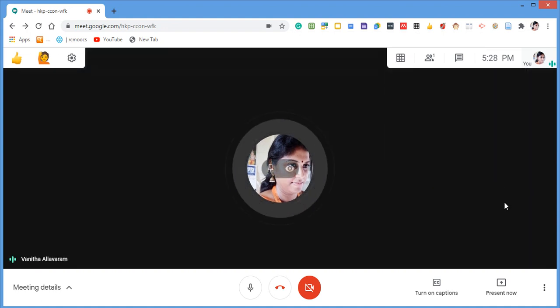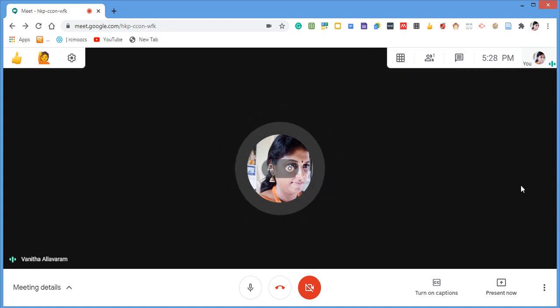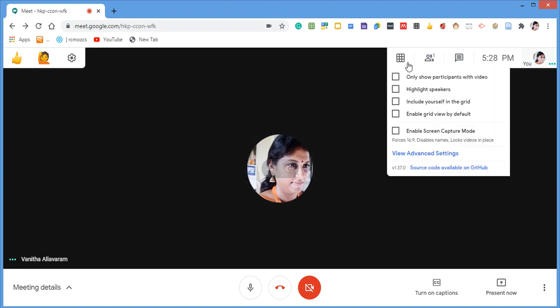As we have not added any people in the meeting, the grid view is not shown now. When you add the people and click this, the grid view will automatically be shown in the meeting. As you can see in Zoom, you can see the people who join the meeting. In the same way, this extension button helps you see all the participants attending the meeting.